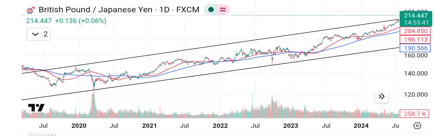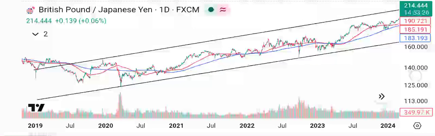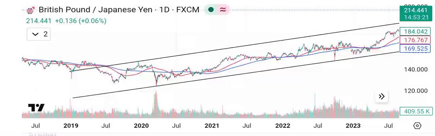Today we are looking at the British pound Japanese yen daily chart. So we are having a top-down analysis here. Starting from the daily chart, we do our analysis from the daily chart and go down to the lower time frames. From the daily chart here, we can see that the price is trading in this ascending channel we have here,